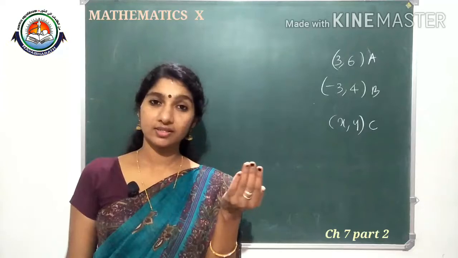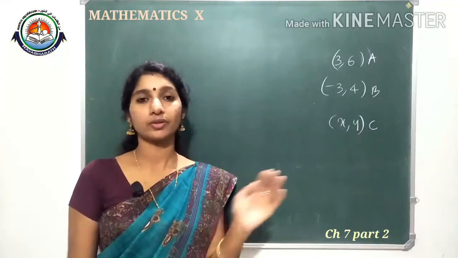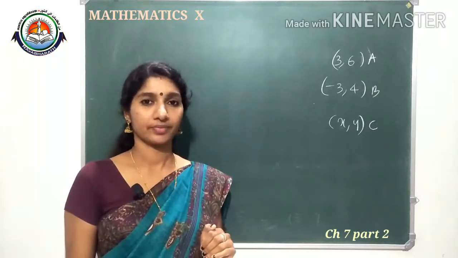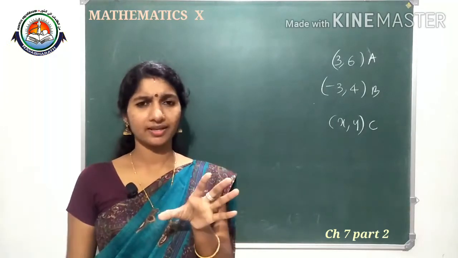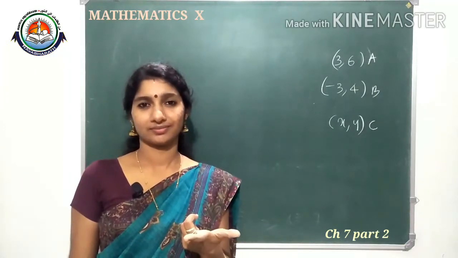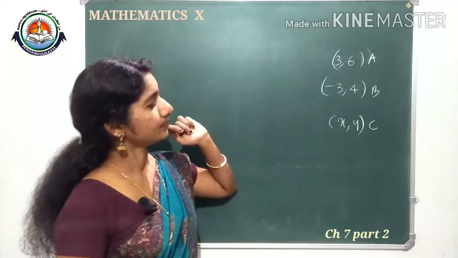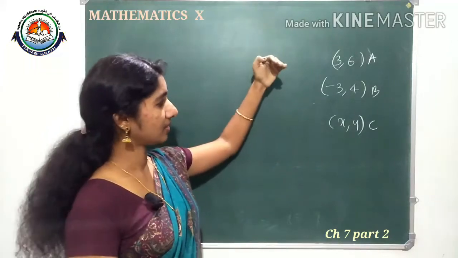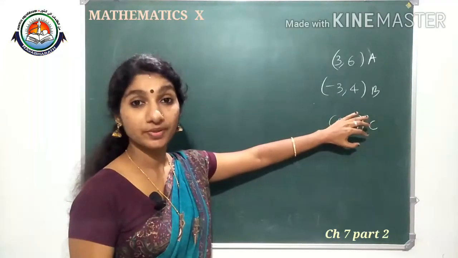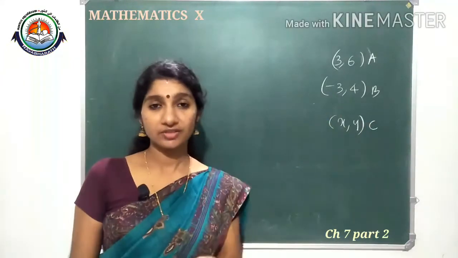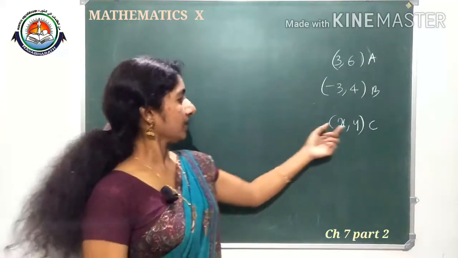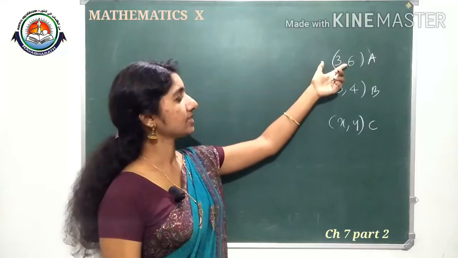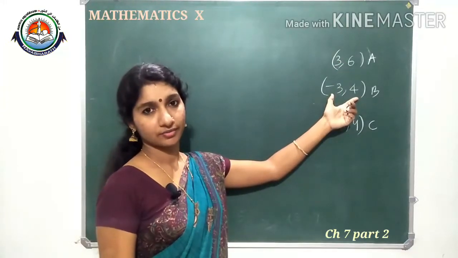You have to do all these questions once more in your notebook, plus the balance questions. You need to complete the first exercise today. Okay, simple problem. The idea is the distance formula only. What I told, we need to find the relationship between x and y. The information given to us is that the point x, y is equidistant from 3, 6 and minus 3, 4.